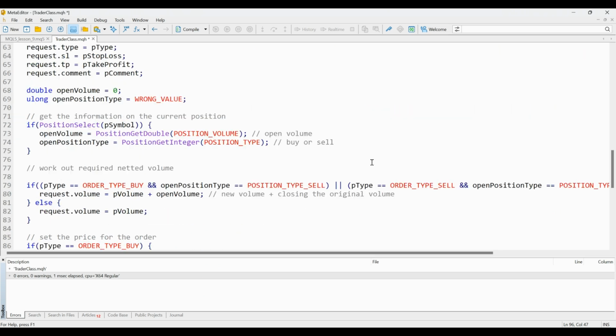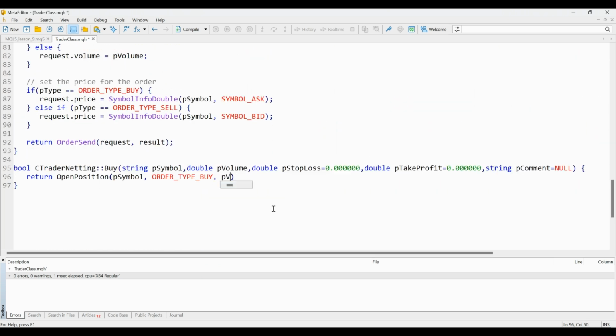So we've got the type of order, we need the volume, and then the stop loss. So volume as our parameter, and we're going to use our stop loss, our take profit, and our comment as our inputs for that. All we've really done is extract one level above the open position, and we've pre-filled in order type buy. That means we won't have to type order type buy